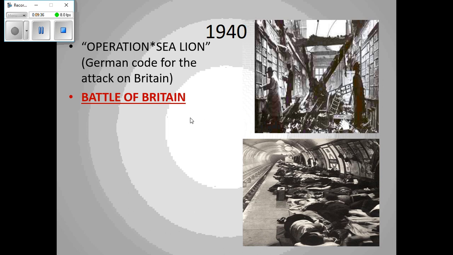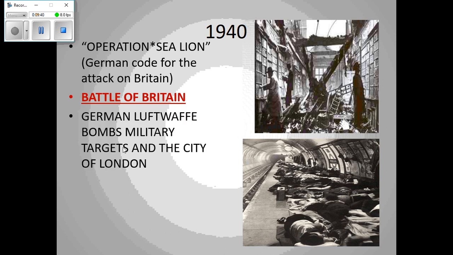All right, the British don't surrender. They hold it all together. Now, the reason the Luftwaffe doesn't attack during the day is because the British Air Force is awesome. They were called the RAF, the Royal Air Force. When they would attack during the day, the RAF could see the airplanes and would shoot them out of the sky. The Royal Air Force was unbelievable.